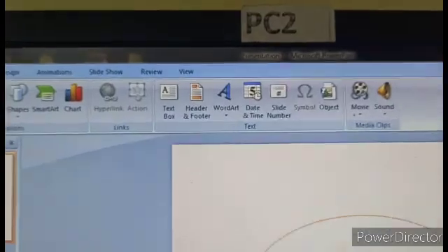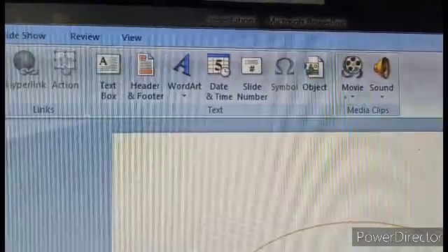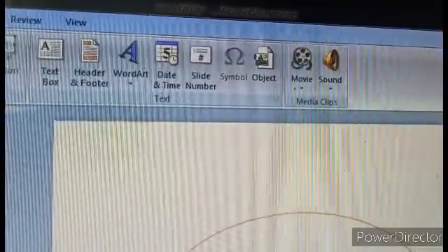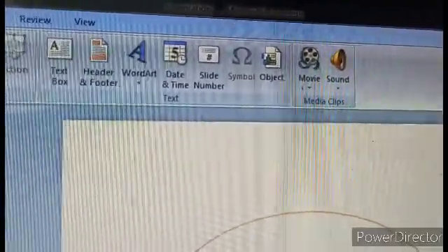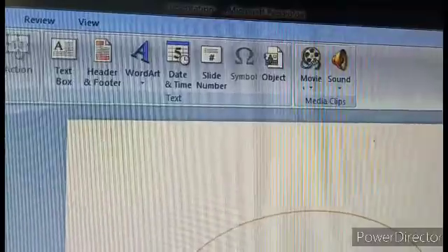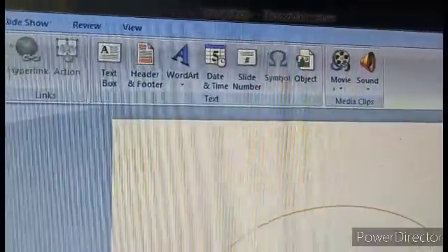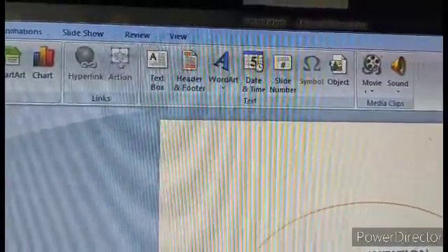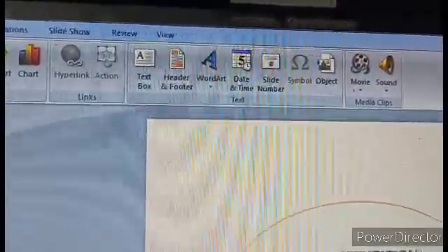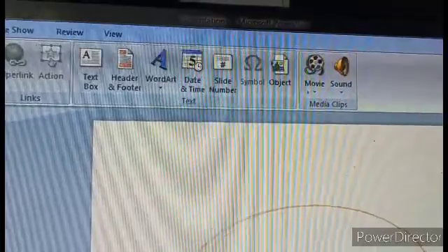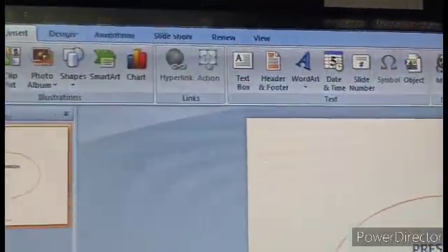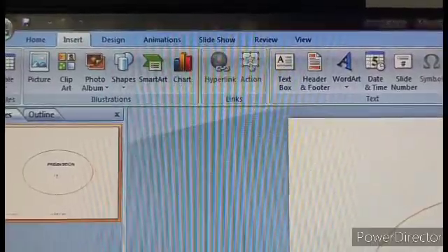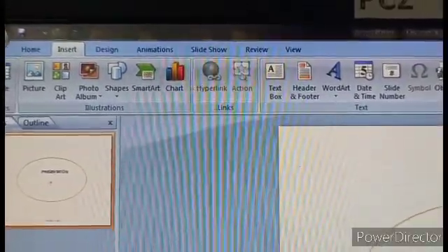So this much is for today's class. These are very interesting things. Make your own things, apply your imagination and create your own things. Then I will give you a project. By using this, I hope you can make many interesting things. In the next class, we will discuss media clips. So many options from the illustration groups are covered, and you have many options now to practice. So keep practicing these things.